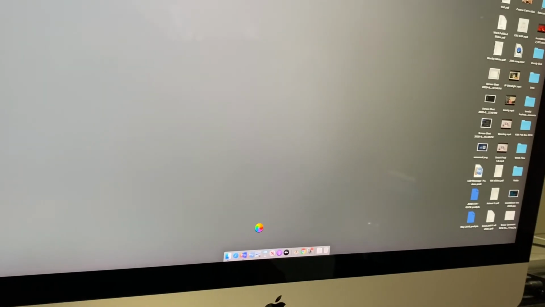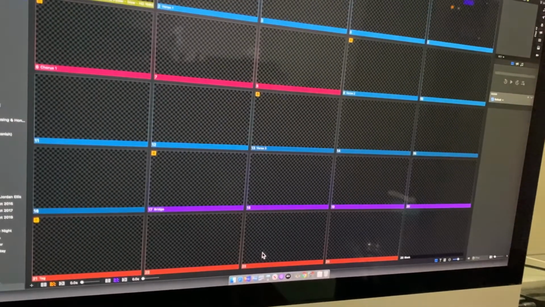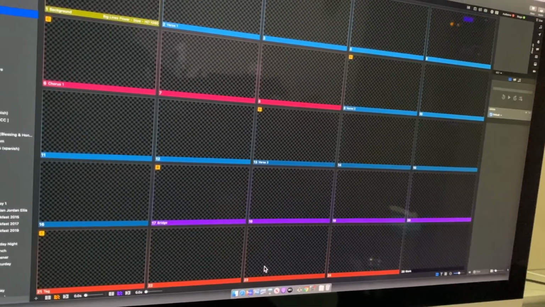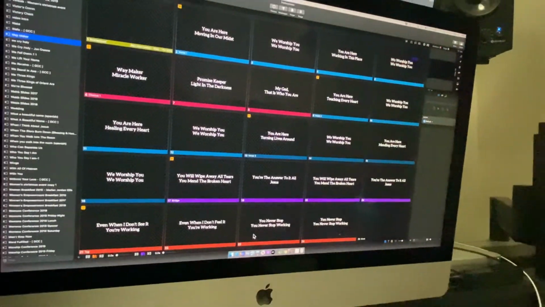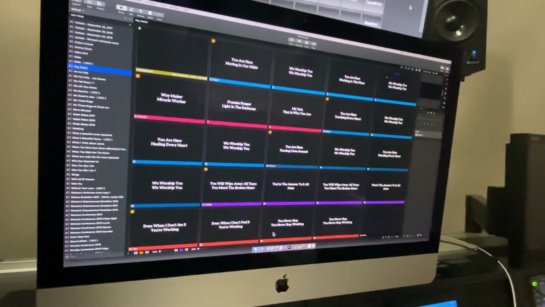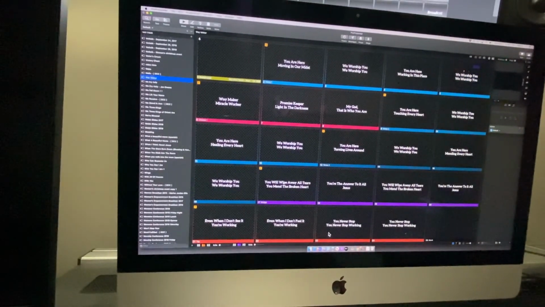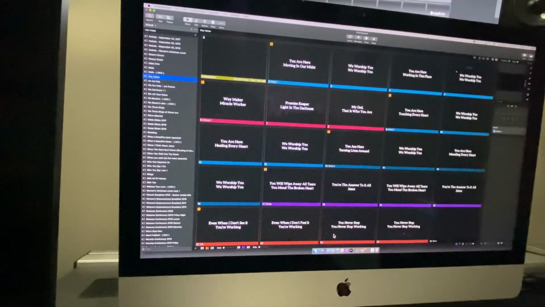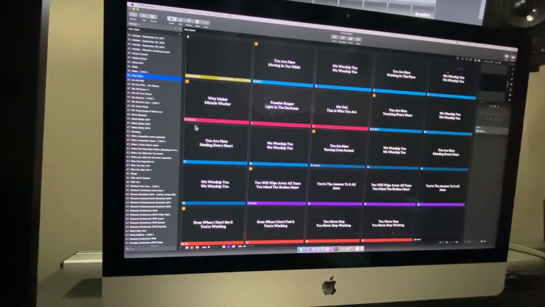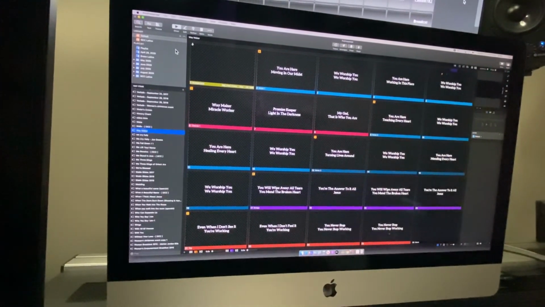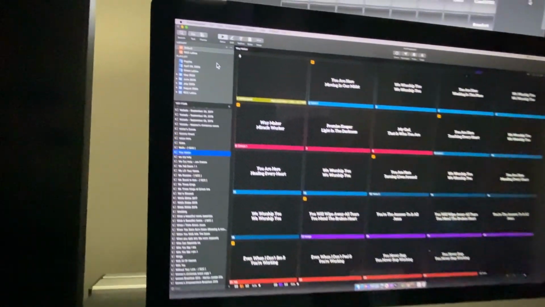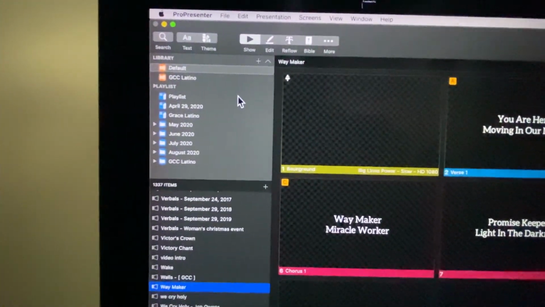We upgraded to Propresenter 7 not too long ago, and it gives us a lot of added functionality that Propresenter 6 didn't give us. But hence the need for a quick little video on how to do some of the things. So the first thing that you need to know where it is, up here,